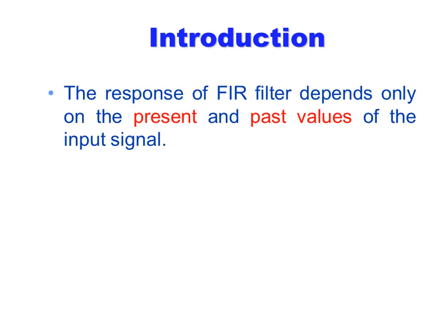The output of such filters depends upon the input with present and past values, that is y of n is equal to x of n plus x of n minus 1. So this is a first order digital system, or discrete time system. Here the current output y of n is a function of the current input x of n and its previous input value, that is, let us say y of 0 is equal to x of 0 plus x of minus 1. So the input at the current instant, that is n is equal to 0, and its previous instant, that is x of minus 1.